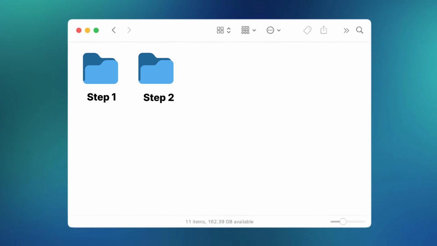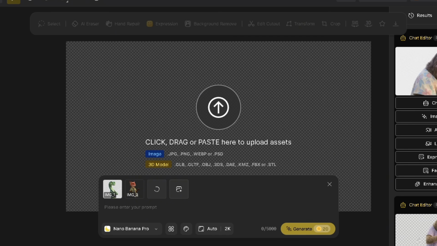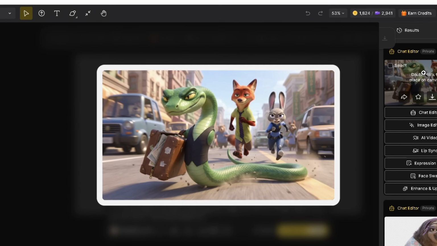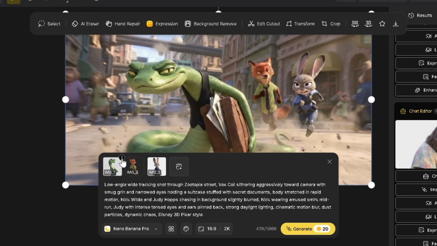Now let's move on to creating image scenes. Go back and copy the Scene 1 GPT prompt. Check out the characters referenced in it. Now on Dzine, add the reference character images for the scene and paste in the prompt to generate and get an amazing result. Let's repeat the same for the next scene, however using the previous output as my input